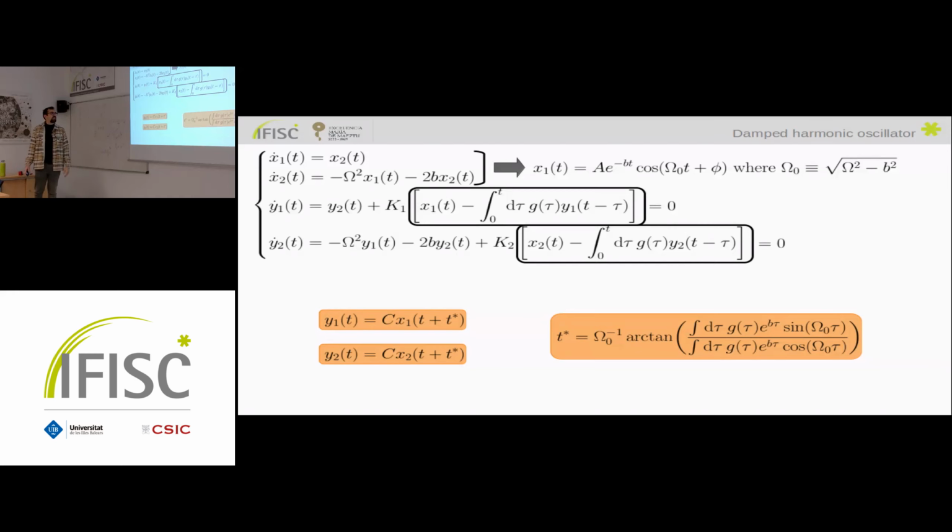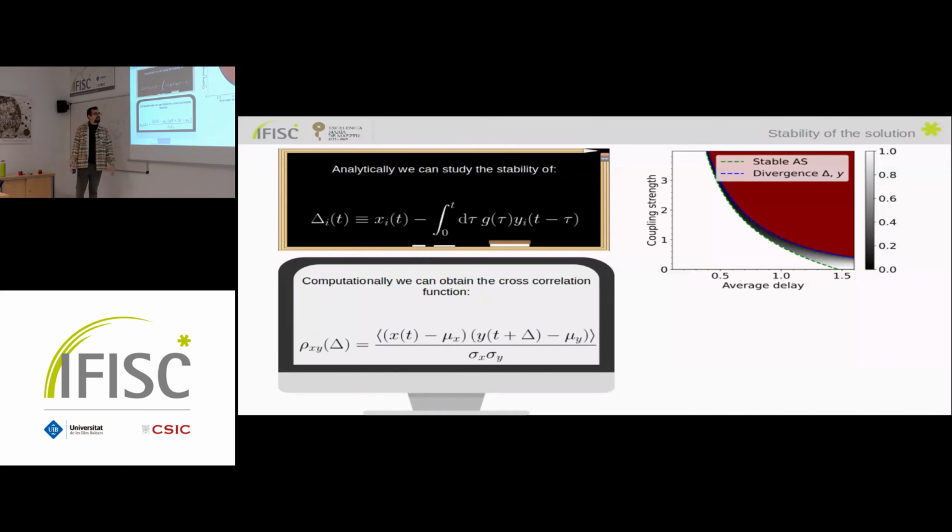And then computationally, we can just launch some simulations. Here, for instance, in this plot, I will just use a system with 2 delays. So here I will fix the difference between the 2 delays. I will say, okay, the difference between the 2 delays is fixed at 0.2, for instance. And then I will change the average delay, and I will change the coupling strength, and for each point here, I will compute the trajectory. And then from the trajectories, I can compute the cross-correlation function, and I will plot the maximum of the cross-correlation function.